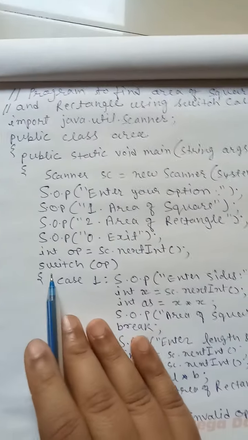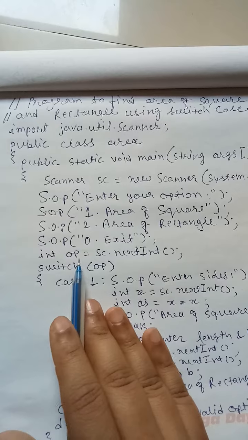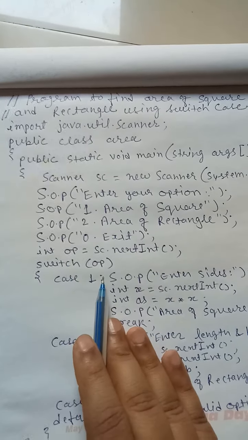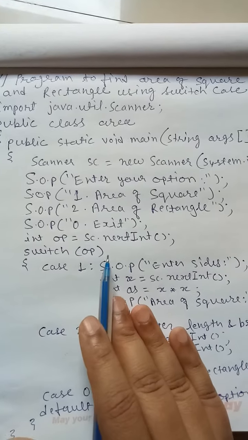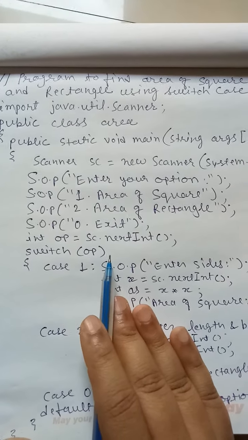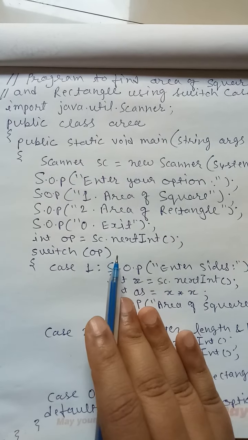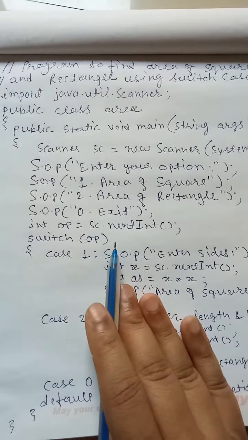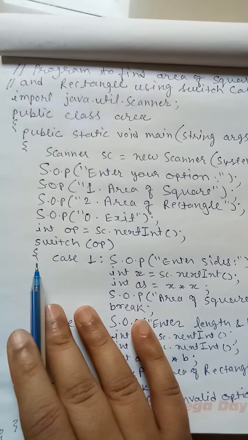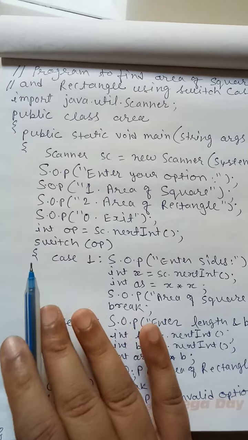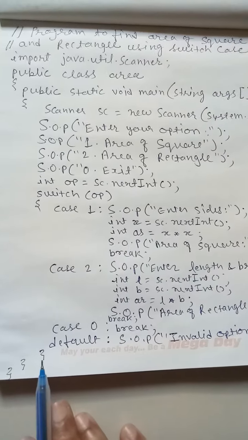So let's start our switch case. For that, first you need to write switch. It's compulsory to write switch, and the variable which you have taken, that you have to write in the bracket. So here I have written OP. Now please remember, don't use semicolon over here, because semicolon means end of the line, and here our switch case is not going to end. It has so many statements. One curly bracket you have to use with the switch, one for the beginning and one for the ending.